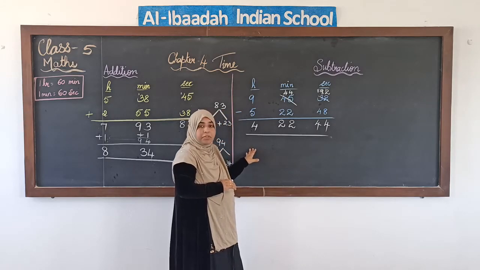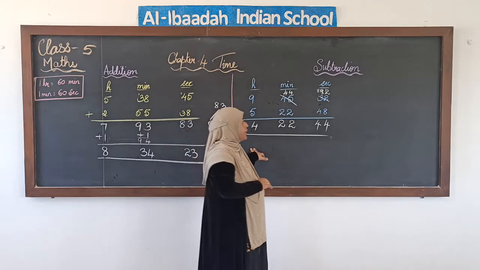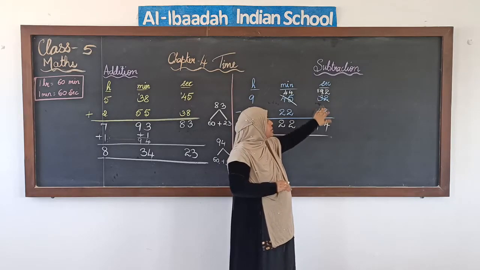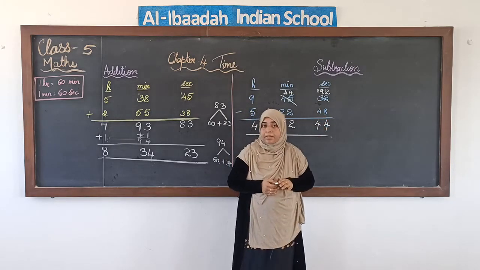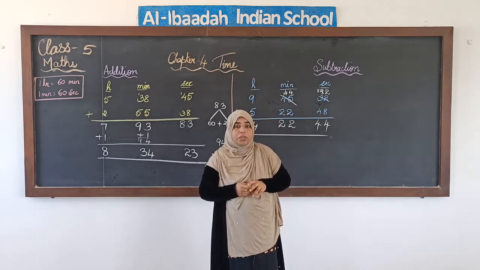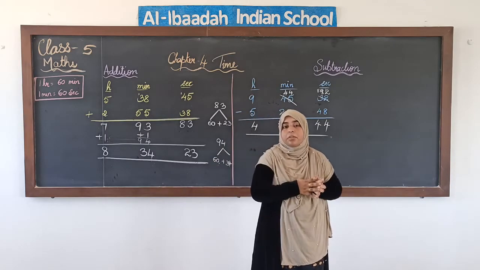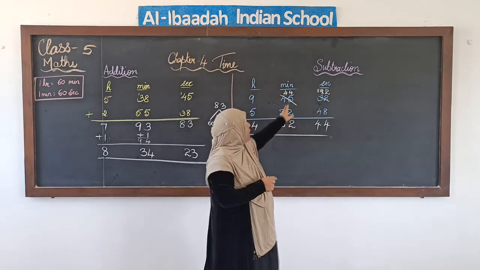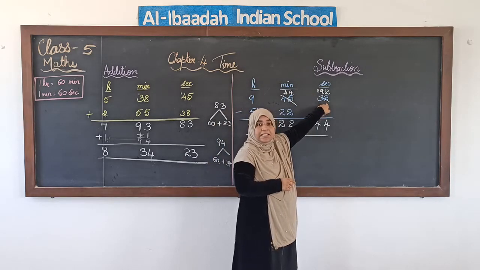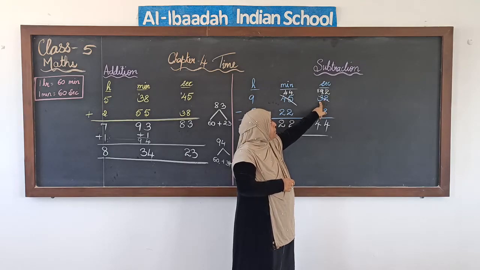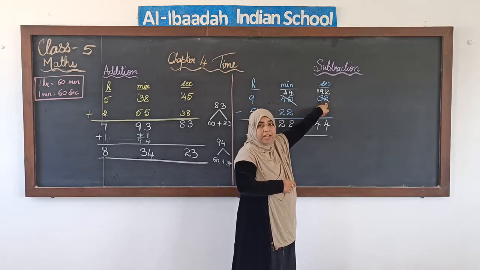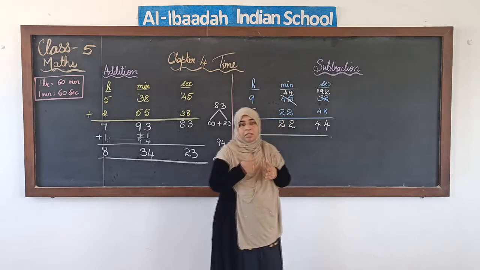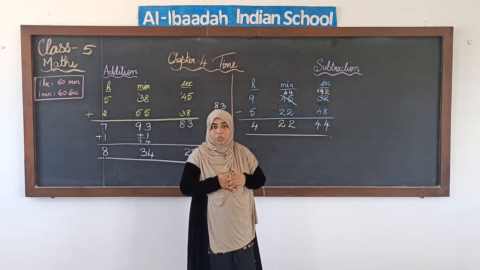Subtraction of time, when we did, we saw that seconds we couldn't subtract since we had a smaller number and the number which was supposed to be subtracted was a greater number. So what we did? We borrowed from minutes. 1 minute was borrowed. When we borrowed 1 minute, it converted to 60 seconds. So 60 seconds plus 32 what we had earlier together made 92 seconds. Then the subtraction goes on as usual.